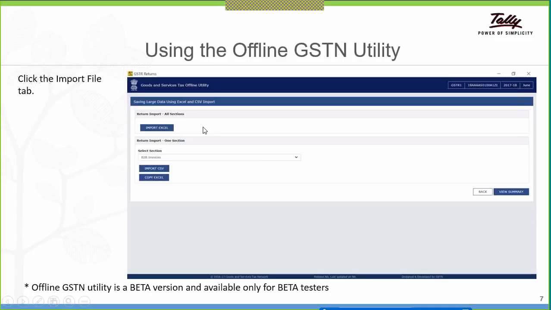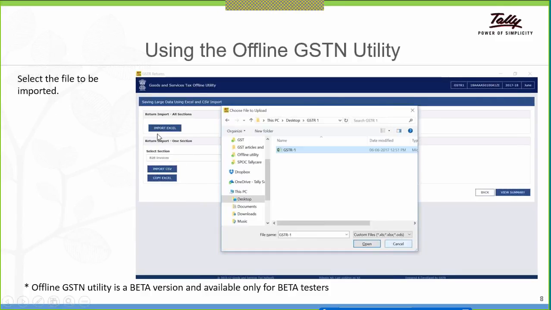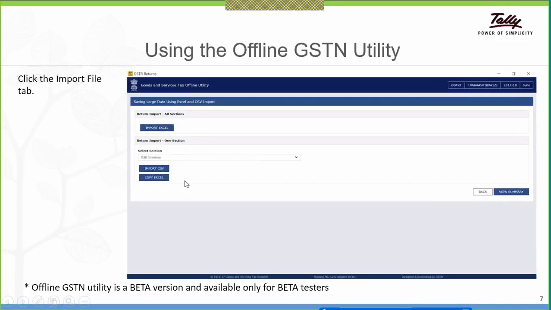To import all the sections of the exported Excel file, you can click on Import Excel, or to import a particular section, you can select that section and click on Import Excel.